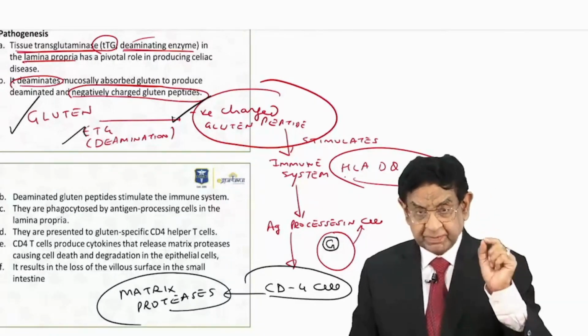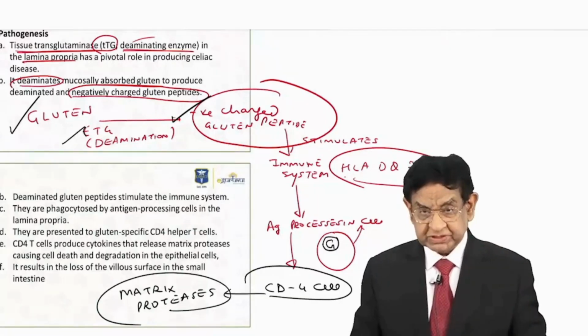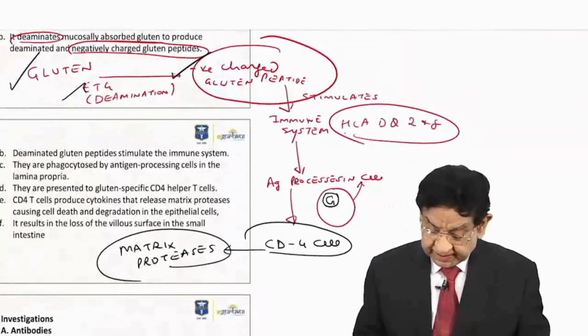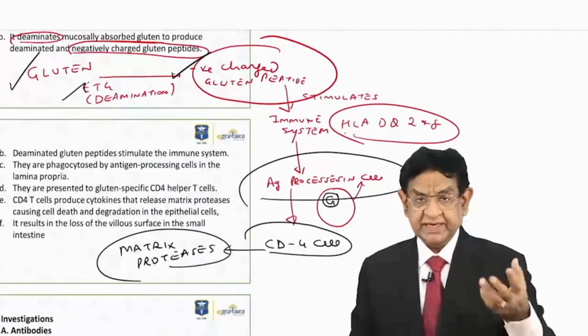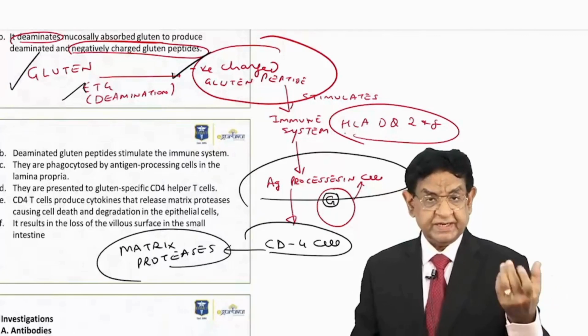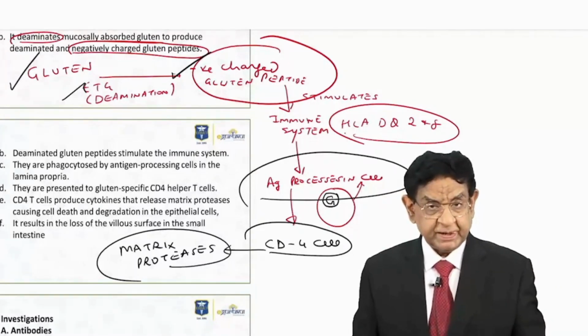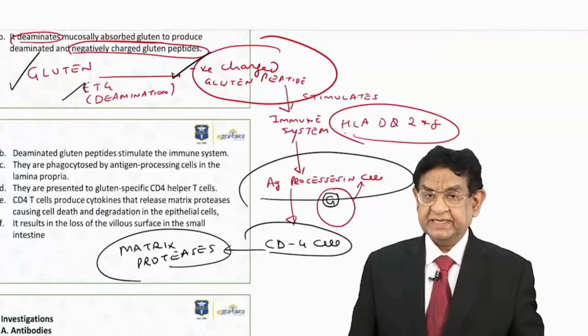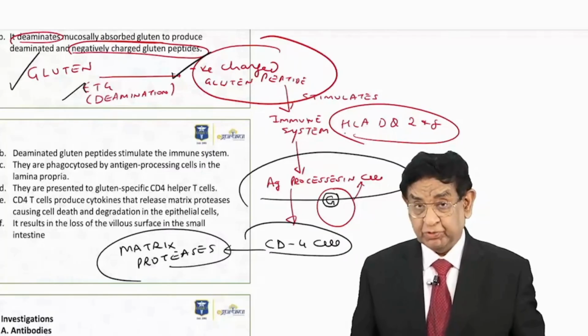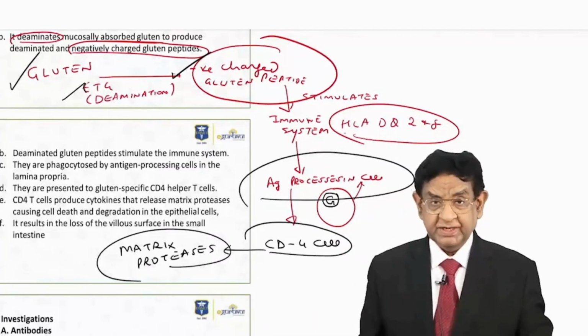Now this gluten peptide will stimulate the immune system. So now comes the antigen processing cell. It will take the negative charge peptide and present it to the CD4 cell, and that activates matrix proteases,